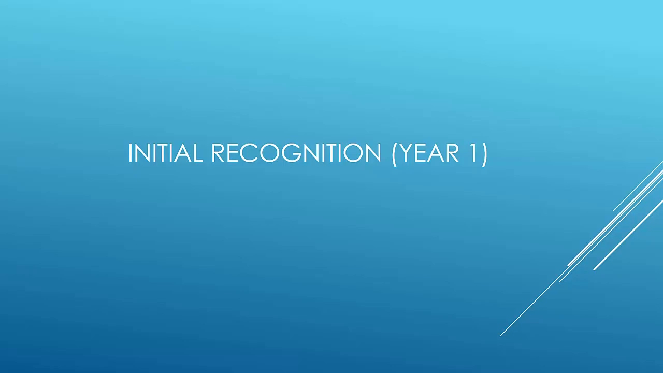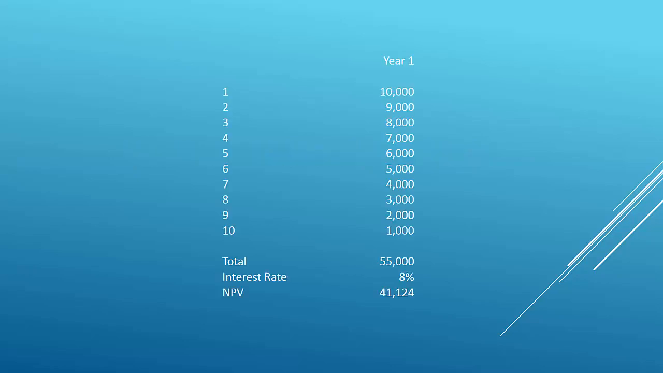We're going to talk initially about the recognition of a provision in year one, and we'll assume that this is an event or occurrence which is going to have cash flow implications for the next 10 years, and I've outlined these cash flows in the table that you can see. Most of the cash flows are loaded towards the front end. They total $55,000, and if we have an interest rate of 8%, the present value of those future cash flows would be